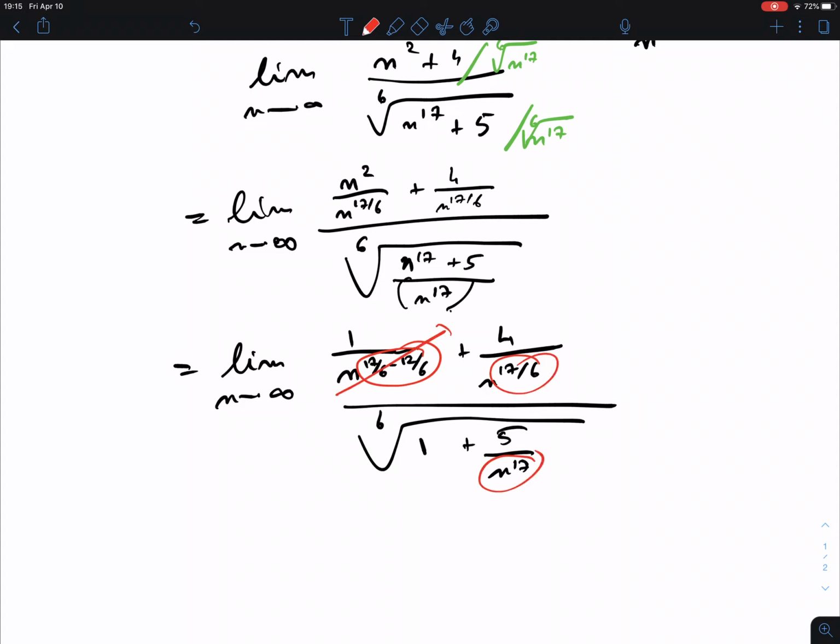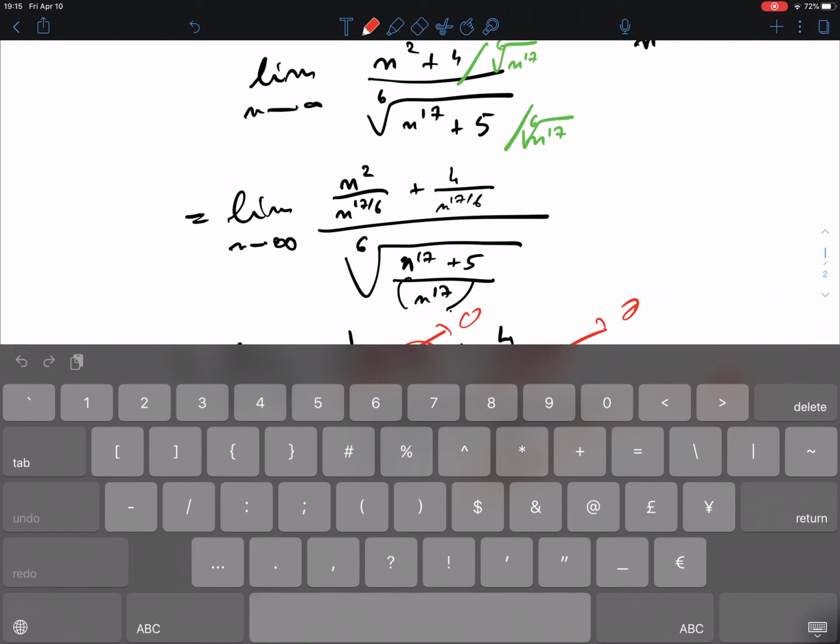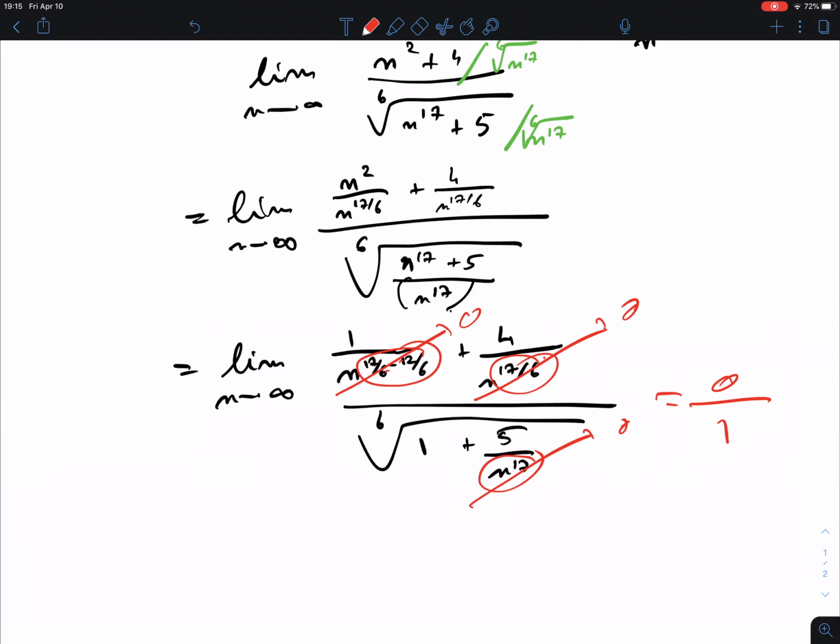So if I plug in infinity, each will go to 0. And so I'm left with 0 over 1. Don't forget, on the top is 0, but in the bottom we have a 1. Otherwise we have a problem, if the bottom would be something else. Okay, so this is 0, which is okay. This means this is already